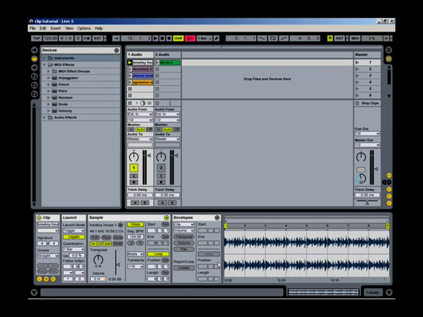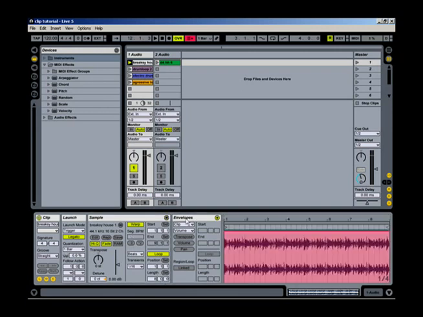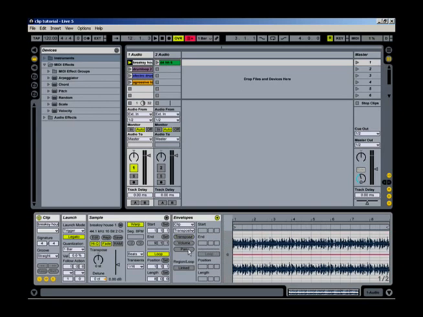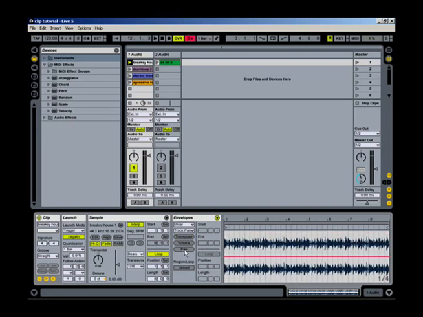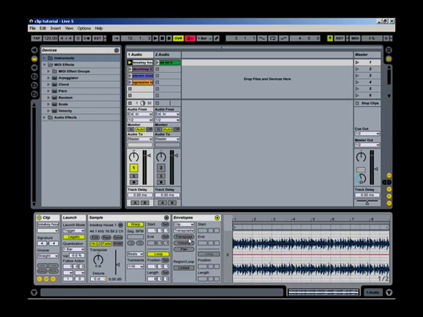Now I want to get into the envelopes. And basically the envelope is anything that you're going to change volumes within the clip. It doesn't necessarily have to be volume. In this case, you can transpose, you can change the volume, you can do the panning, a lot of different functions. If we wanted to transpose it, we can just simply hit the transpose button here,